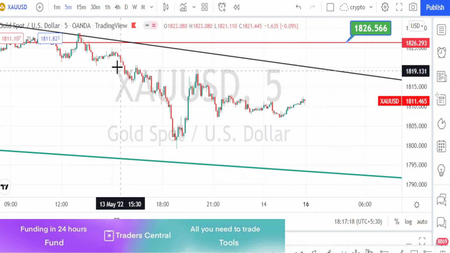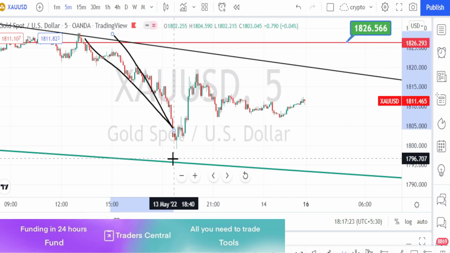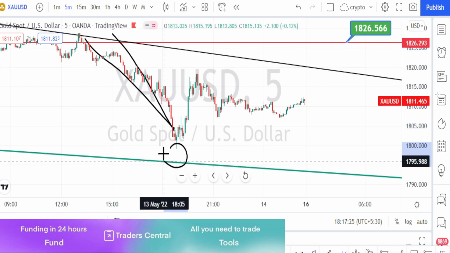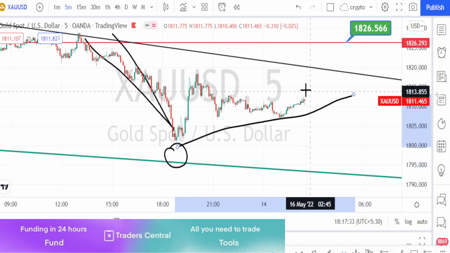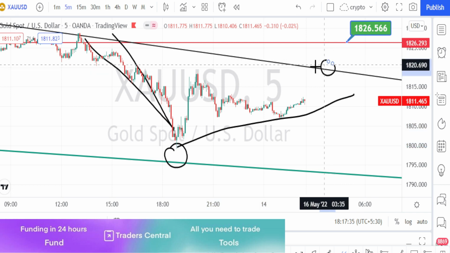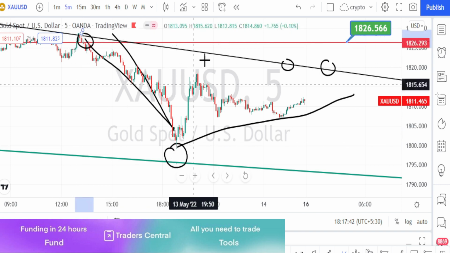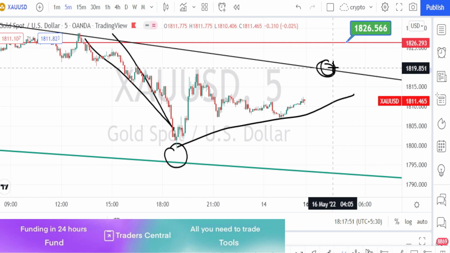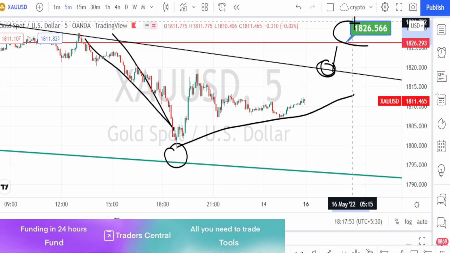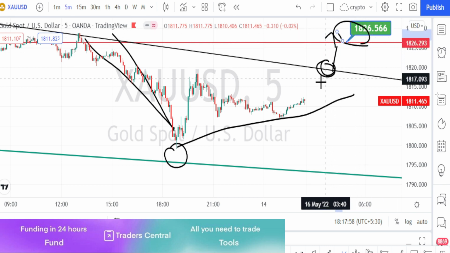In the 5 minutes time frame also, we can clearly notice that it is in a very strong bearish trend. Currently it has taken support near this hourly time frame support line and has bounced back on the bullish trend reversal, but still we have the 30 minutes time frame resistance line over here, and in the past we have noticed the price action bounce back on the bearish trend reversal. Only when the price action breaks this 30 minutes time frame resistance line and the higher time frame resistance levels can we expect a bullish trend reversal in the 5 minutes time frame.